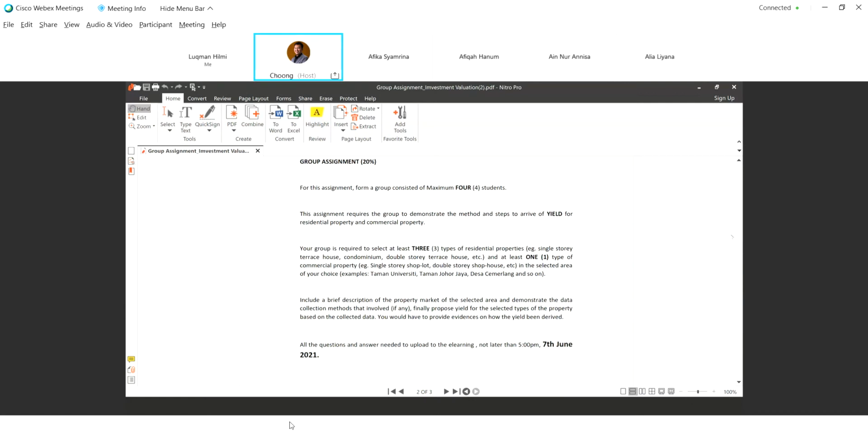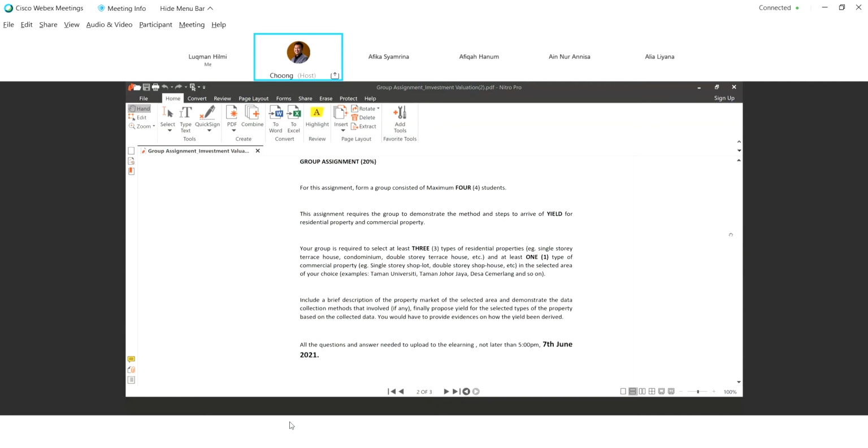Once you have decided, perhaps a further instruction to you is that at the first place, you kena cari tempat dulu. Katakan 4 of you dah form satu group. You nak cari tempat kat mana? Katakan you nak cari tempat kat Taman Universiti, okay. So decide lah your team, your group. Fine. So kita nak buat kat Taman Universiti Johor. Okay, excellent. Lepas tu, you kena cari dalam Taman Universiti tu 3 jenis residential property dan 1 jenis